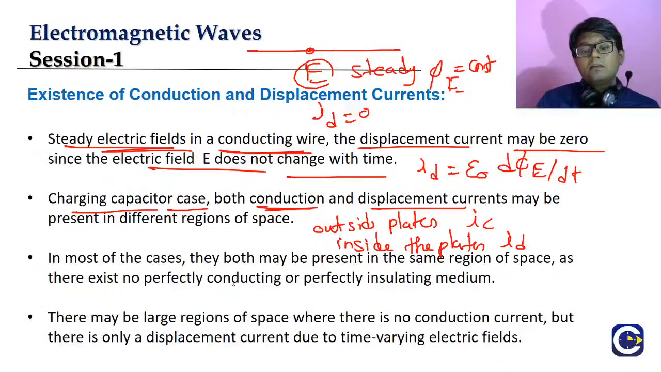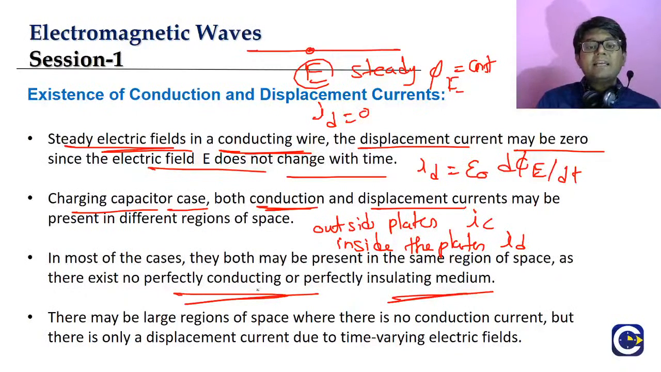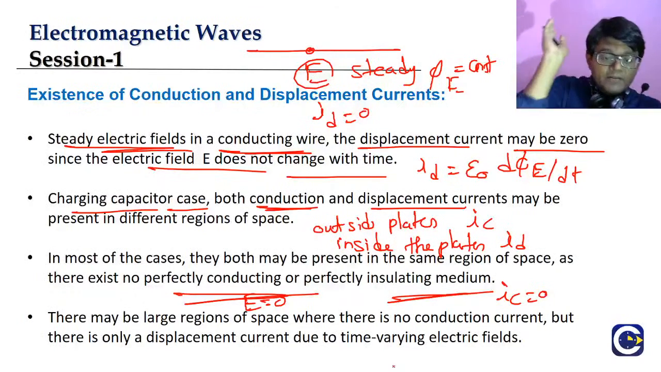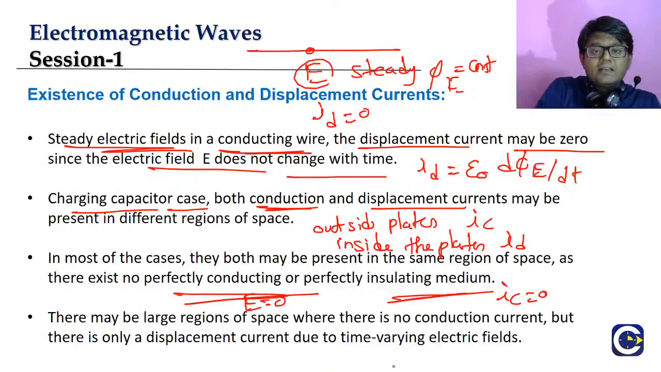Okay, why? Because most substances carrying current are neither perfectly conducting nor perfectly insulating. Perfectly conducting means the electric field is 0, because inside a conductor the electric field is 0. Perfectly insulating means the conduction current is 0. So we will have neither a perfectly conducting material nor a perfectly insulating material, which means we are